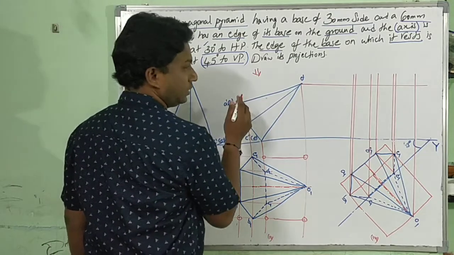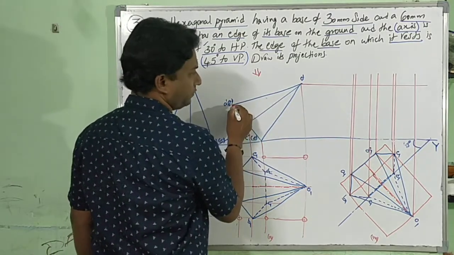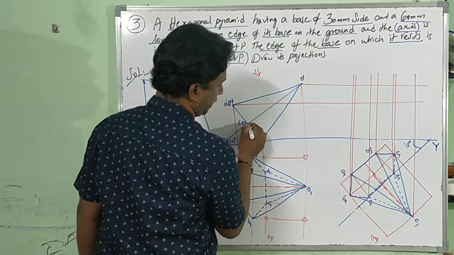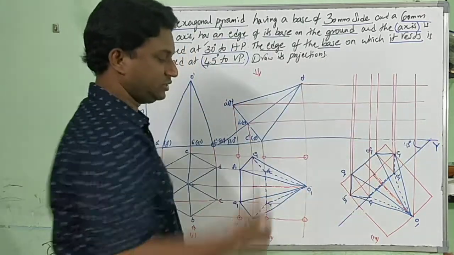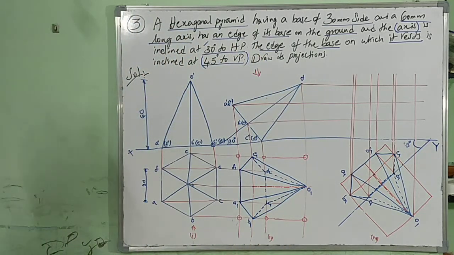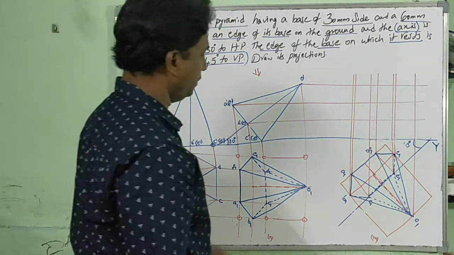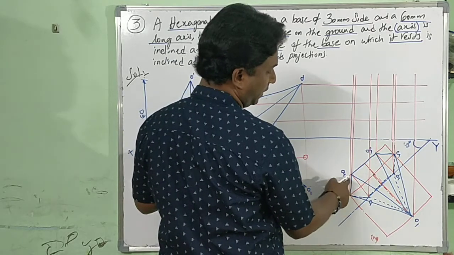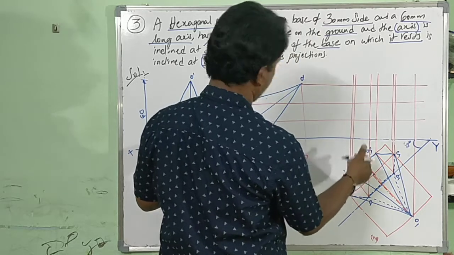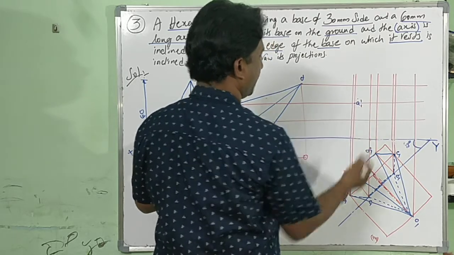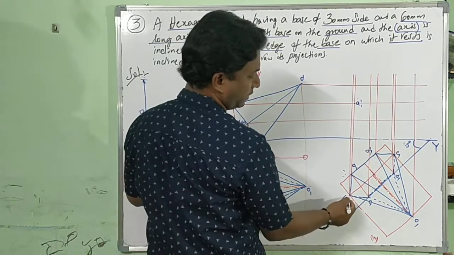A dash from the second stage front view to the third stage front view to draw the shape. A dash, B dash, C dash is on the XY line. I have drawn 6 vertical projectors from 6 corners of the third stage top view. Now pick the intersection points. A1, B1. See, A1 is actually here, this inside. A1 to A dash, it becomes A1 dash. B dash to B1. B1 is outside.